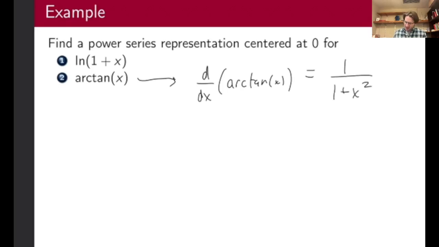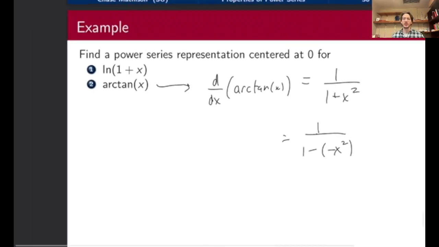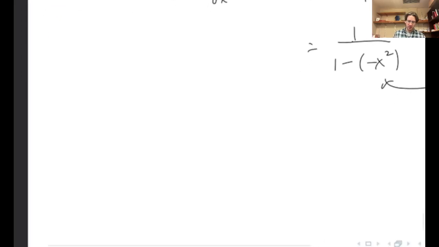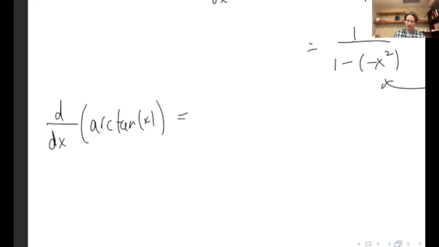And ooh, doesn't that look like a geometric series? Yes, it does. It looks like a geometric series formula with a equals 1 and r equals minus x squared. Okay, so apparently the derivative with respect to x of arctangent of x is the sum n equals 0 to infinity of a times r